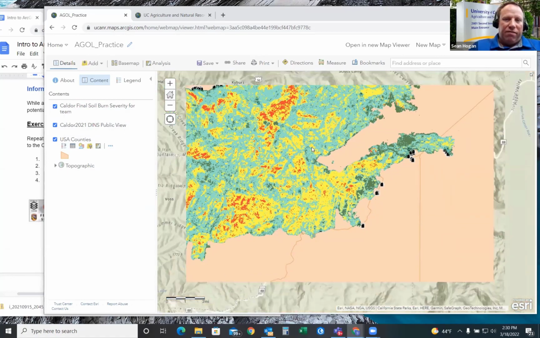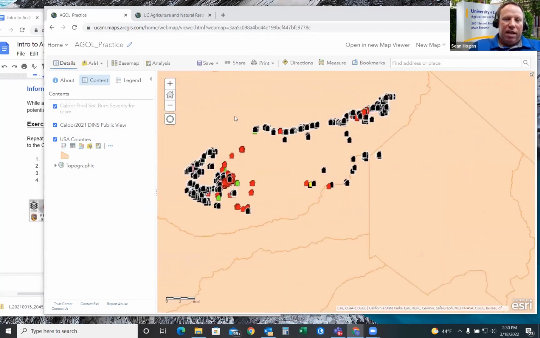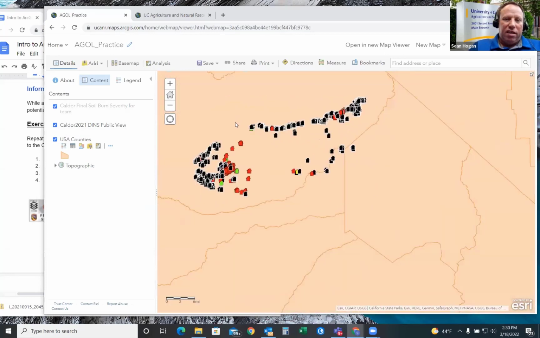Now watch what happens if I zoom out. It disappears. It totally disappears. And if you remember what I mentioned earlier, it also grays out here. The reason for this is, after you've added in your Caldor fire burn severity team data, and you've zoomed out and you see it disappear,